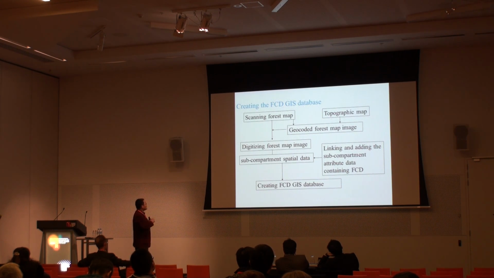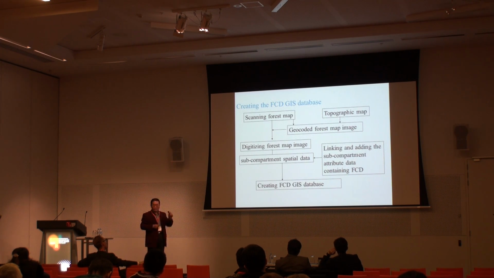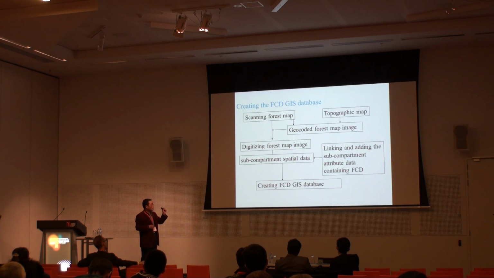Secondly, digitize the forest map image to get sub-compartment spatial data, and then link the sub-compartment attribute data with the sub-compartment spatial data. This attribute data includes about 30 factors. One important factor is forest canopy density. So, by creating the forest canopy density GIS database,